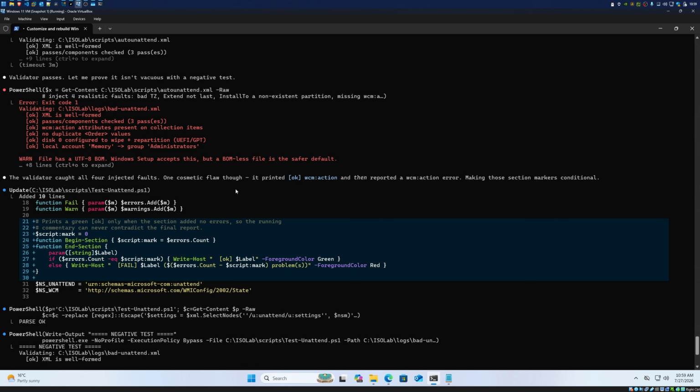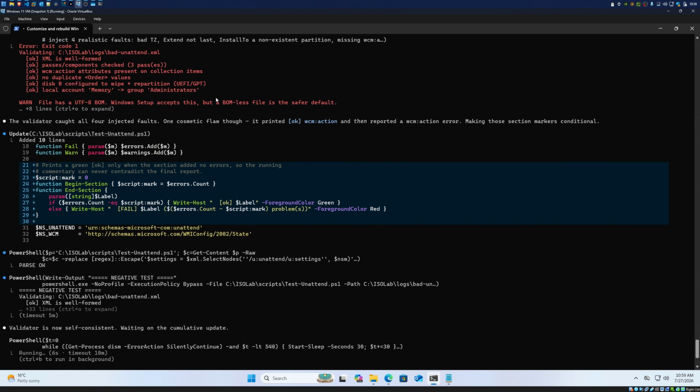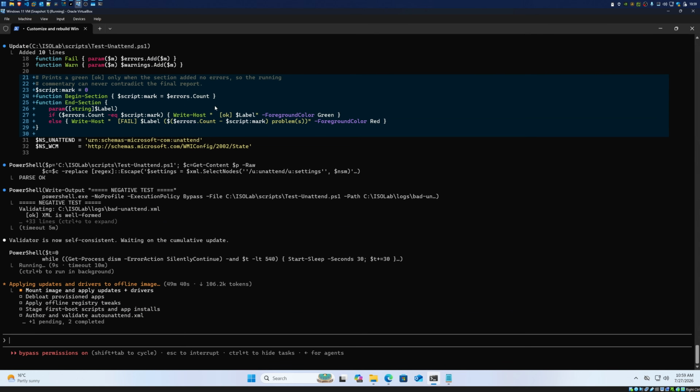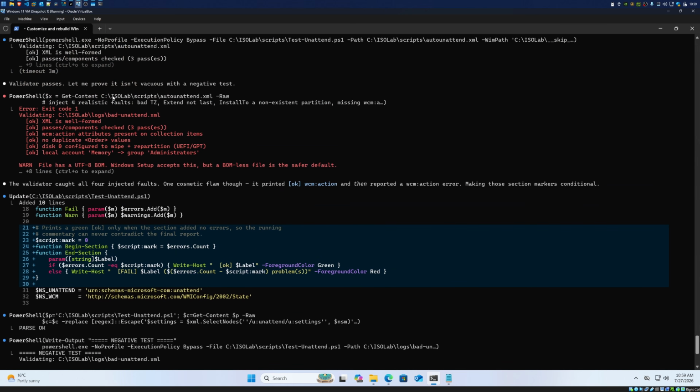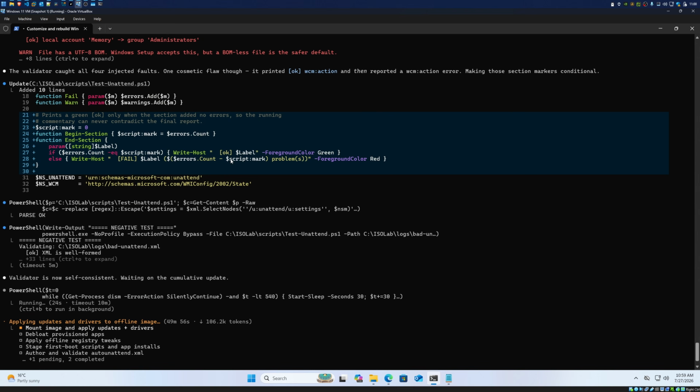But the lesson here is that it's always good to validate these files before you actually go and try to install Windows with them. Because if I were to just install Windows with this auto unattend that it gave me without it actually checking whether the auto unattend is valid, then I would have a massive headache with the Windows installation that would keep failing and telling me that there's an issue in the auto unattend file, and then going back and fixing the auto unattend file, then trying to reinstall Windows, because you have to recreate the ISO file every single time, and that takes a lot of time.